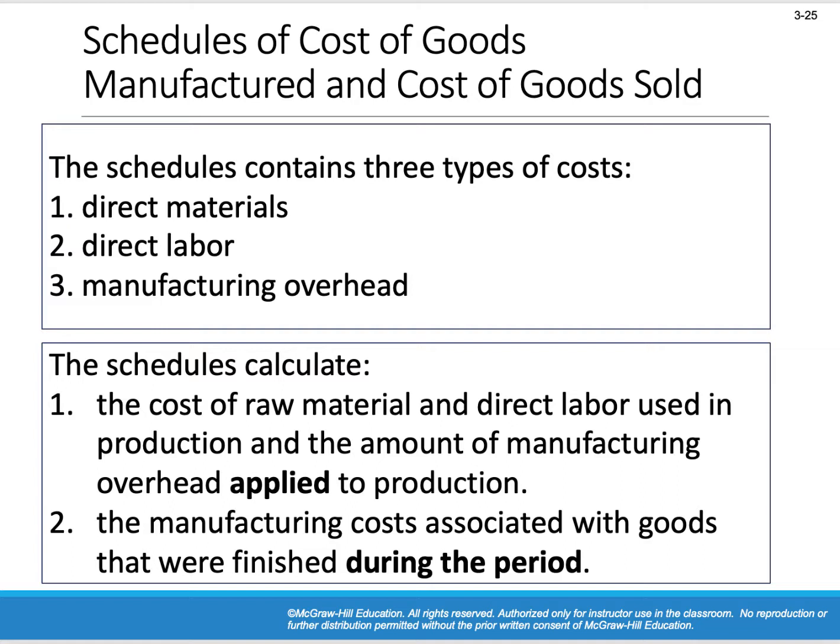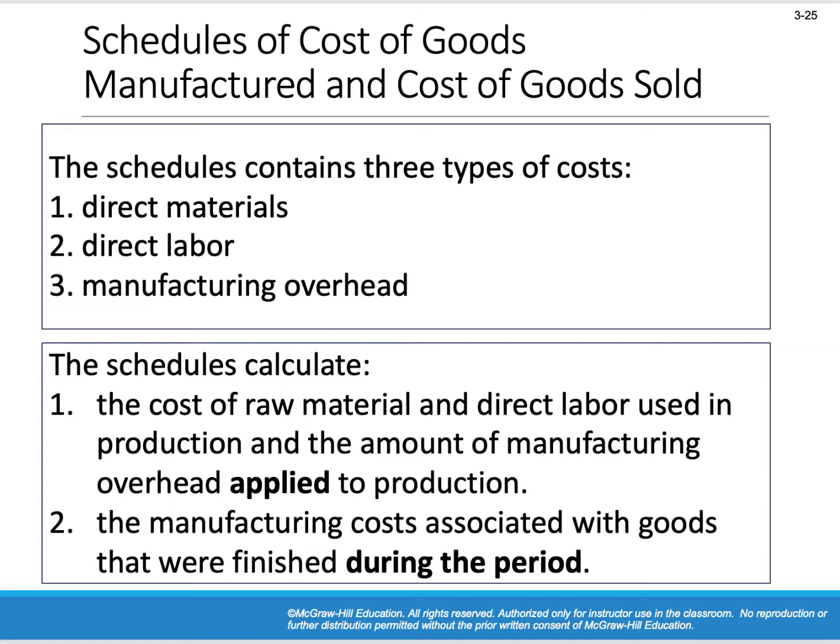Okay, and what we're doing is we're going to make schedules. These schedules are going to allow us to calculate two very important things. First and foremost, it's going to allow us to calculate the schedules for our cost of raw materials and direct labor that we actually use in production. And it also allows us to determine or schedule the amount of manufacturing overhead that we apply. Okay,